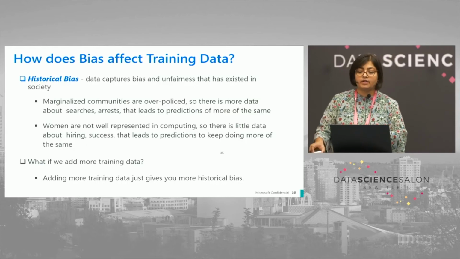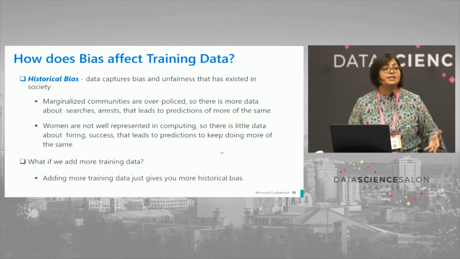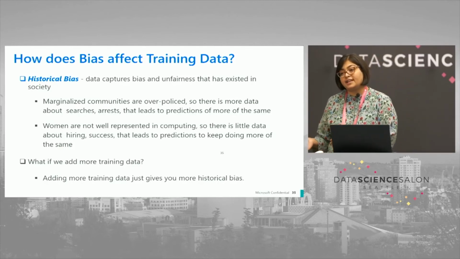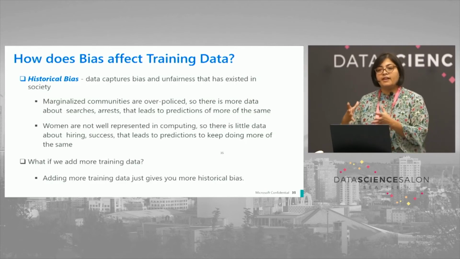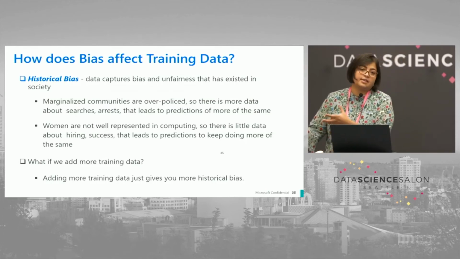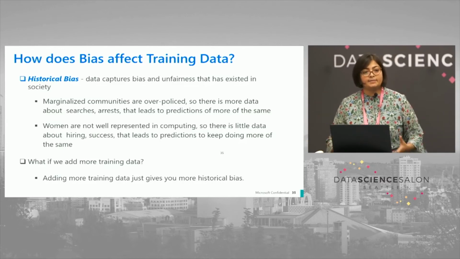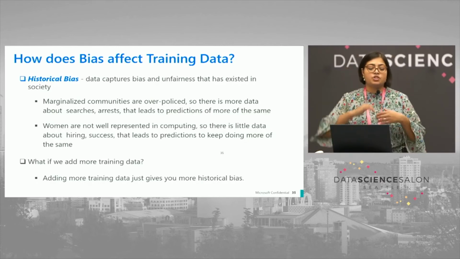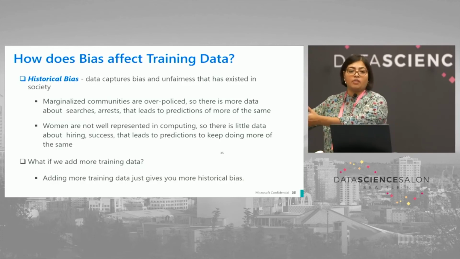So let's look at what historical bias is. It's a data capture bias and unfairness that existed in the society. Marginalized communities are often over-policed. For example, if I'm looking at some very rigorous caste system from India, I'm taking the example because I'm from there. So it's always over-politicized because you want to get some type of grant. You want to get some monetary involvement, and more searches, arrests, that leads to prediction that there is more signal on that thing.